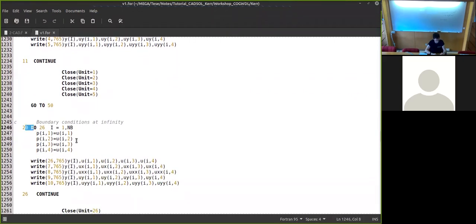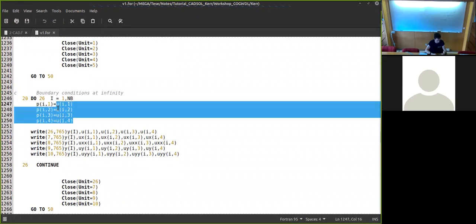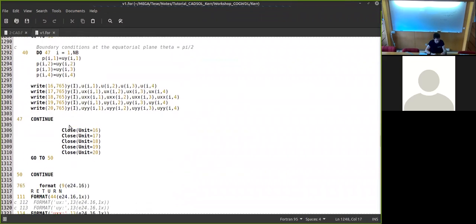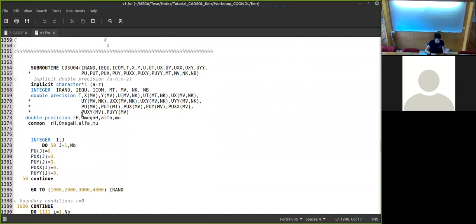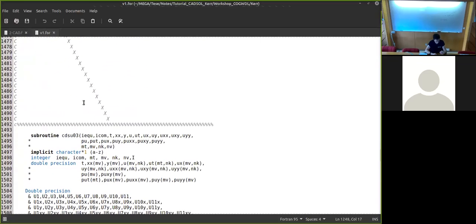You can do this for the other boundaries. So here for the infinity boundary, all the functions must be 0. And you can do it again for the poles and the equatorial plane. Now, here is the fourth subroutine, but it's not very important, so I will not talk about it. But then we have the third subroutine,